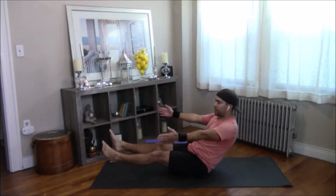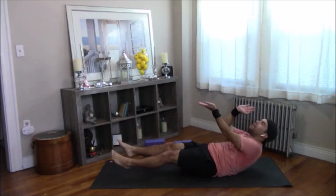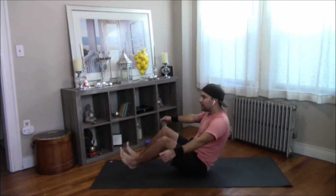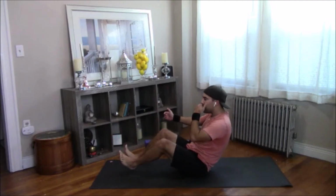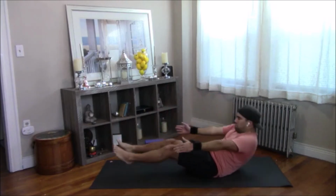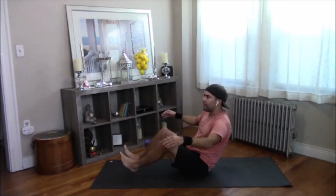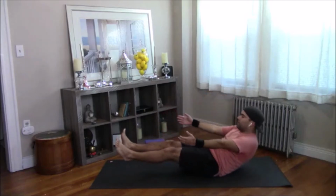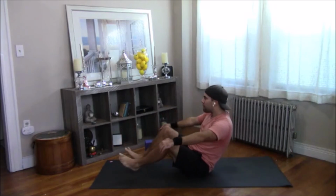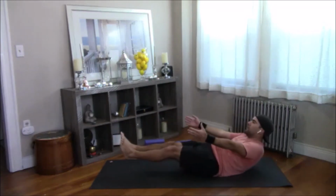So as you inhale, I want you to open up about halfway to your half boat, halfway down towards the mat. And then exhale and crunch back up. Just do this a couple times, then we'll hold it for a little bit. So inhale out, exhale up, and you can pull the knees in as you do it to help you get up. Inhale, exhale, inhale,